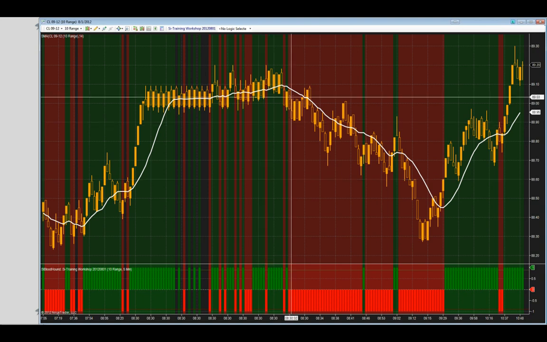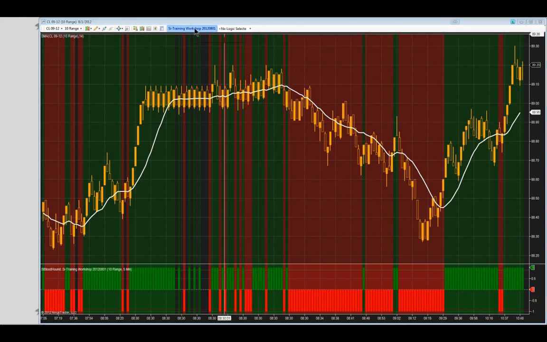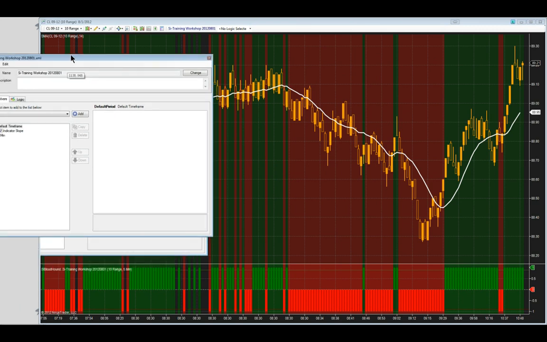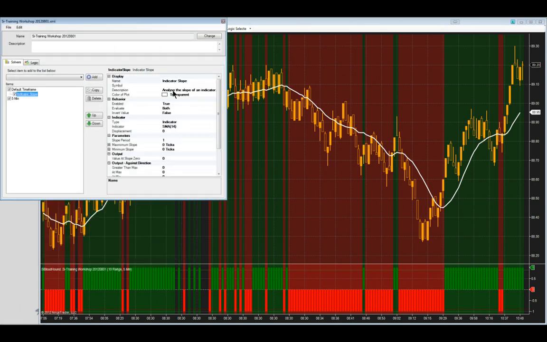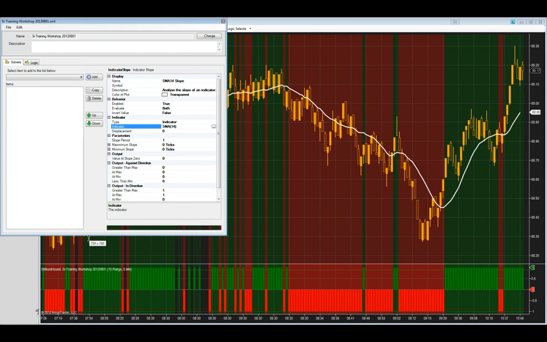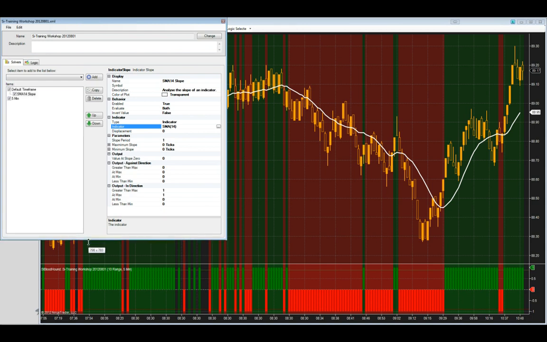Okay, so we have the slope indicator on there, and let me bring up BloodHound here. I like to name my solvers so I know what indicator they're looking at. All right, so what this minimum slope does is,